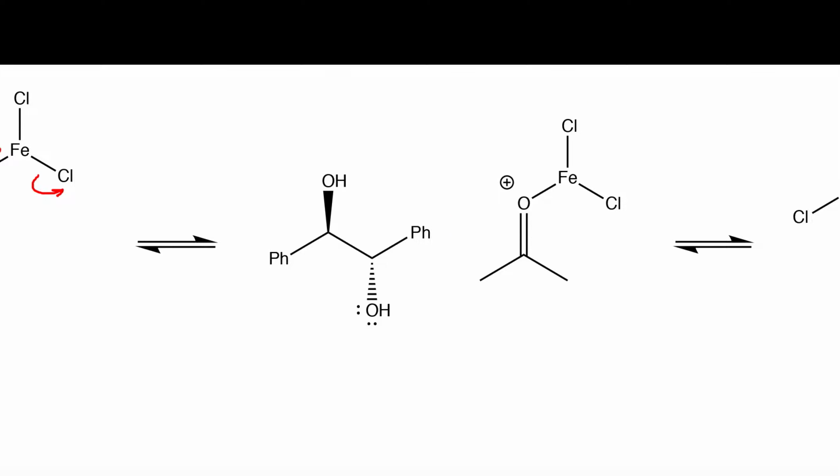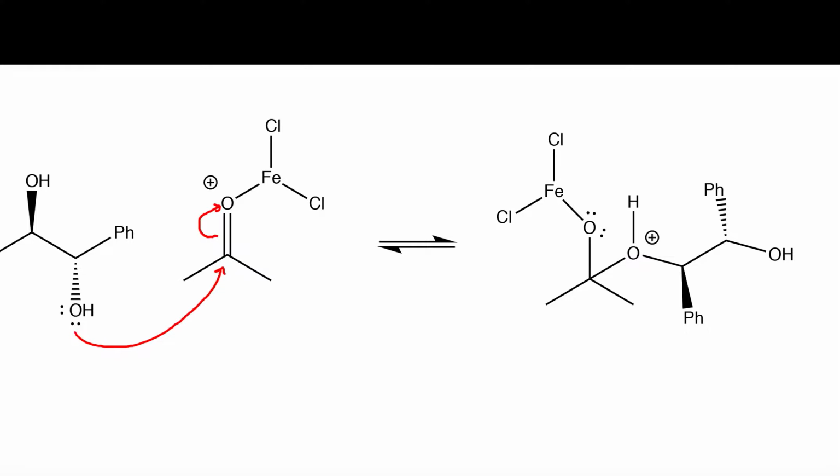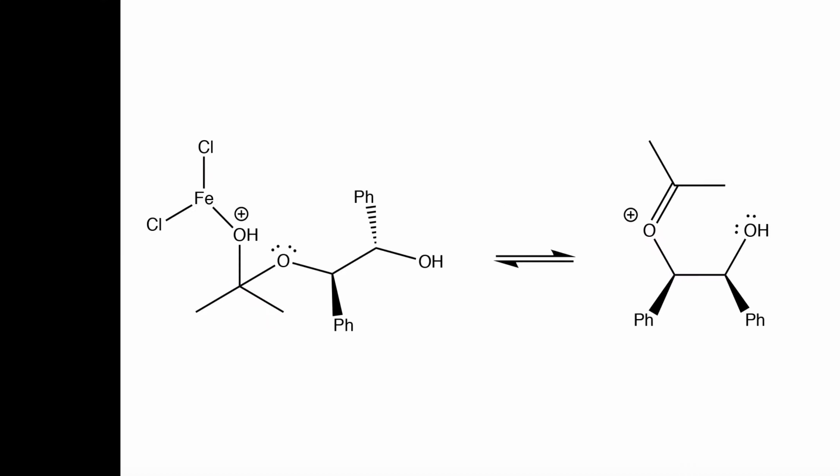Next we take the meso stereoisomer of hydrobenzoin and we react it with the intermediate. So the lone pairs on the hydroxide will go and attack the carbonyl carbon right here. The pi bond breaks and the electrons are placed onto the oxygen. The result of that step is this intermediate right here. Next, an intramolecular proton transfer will occur. The lone pairs on this oxygen grab this proton and we break the bond and we push the electrons onto this oxygen. Next, the lone pairs on this oxygen will form a double bond here, and we expel